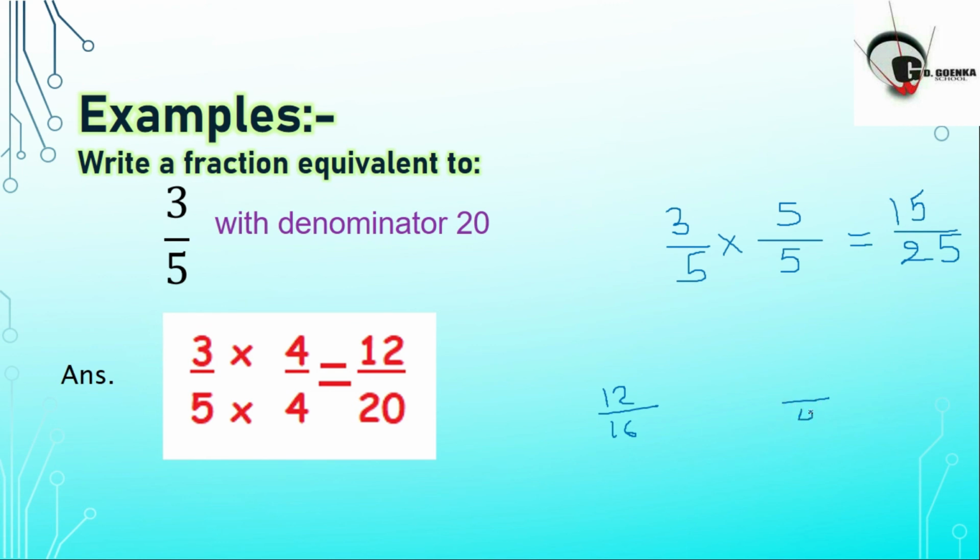4. Okay, so of course we have 16 as a bigger number and 4 is the smaller number. So what we need to do, we can't multiply here, so we have to divide. So we have to divide 16 by a number so that we can get 4. It is 4. So we need to divide 12 also by 4. So if we divide 12 by 4, we will get 3. So the answer will be 3 by 4. So like this, you need to do these kinds of sums.